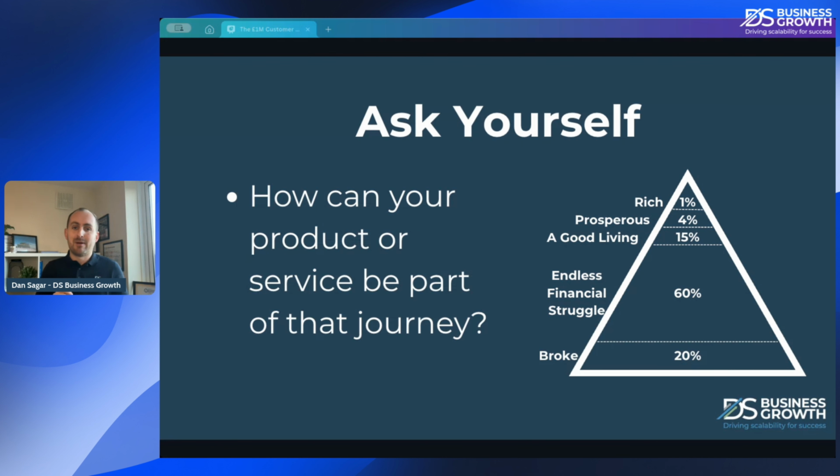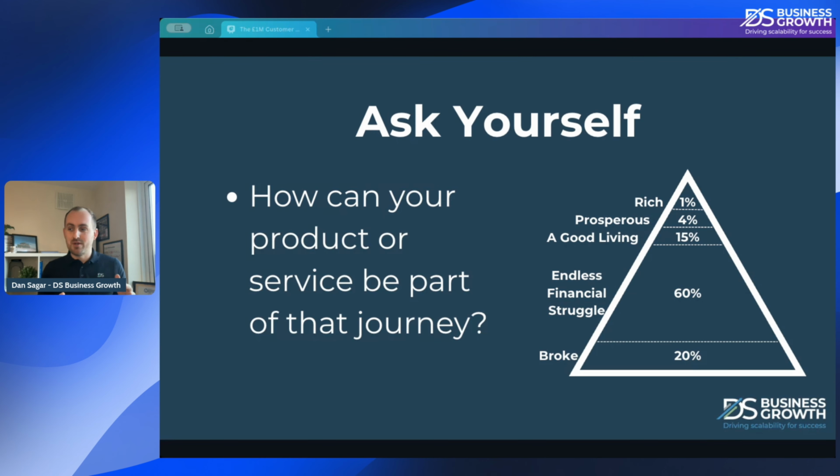And then start to think about how your product or your service can be a part of that journey, because ultimately, everybody wants to move up that pyramid and do better for themselves in their business, which ultimately means they can do better for their personal life and their families, and get more money into their personal bank account. Think about how your product or your service can be on that journey with them and truly help them to do that. Because if you can, you'll be talking their language, and they'll be drawn to you. And if what you can offer can make them better in these respects, that will absolutely bring them closer to you.